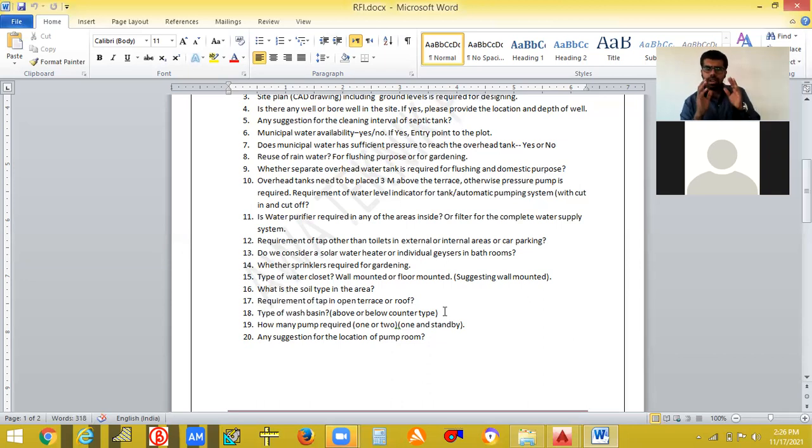Once they have given the answer to the RFI that we gave them, we can start our project. We are not trying to design it completely first. First, we draw a concept drawing. We give a concept: this is our routing, this is the way your pipe will go, these will be the pipe sizes, this is the overhead tank capacity, this is the pump capacity.